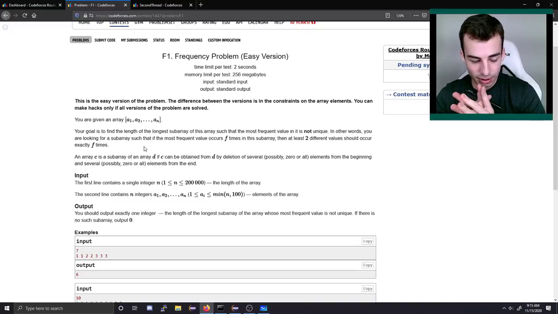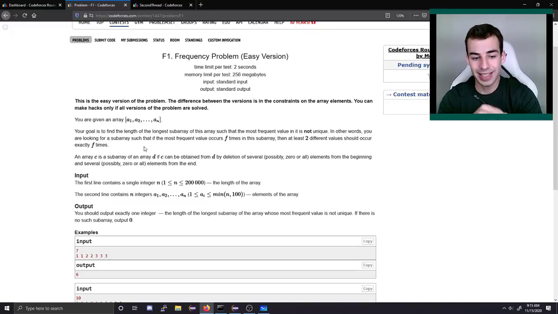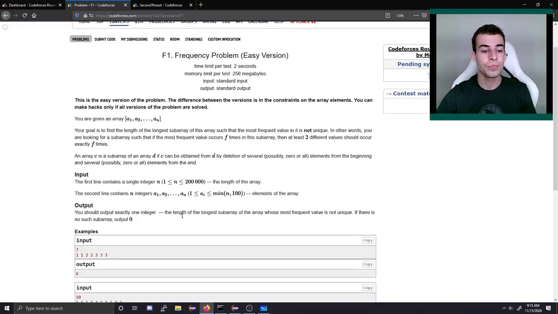So let's think about this for a moment. In the easier version, they have this additional constraint, which is nice: there are at most 100 unique elements. There aren't that many different types of elements. And in the harder version, they don't have that constraint, which makes it a bit more challenging. Honestly, I think having this easier version made the harder version easier to solve for me because it put me down the right path. But anyway,